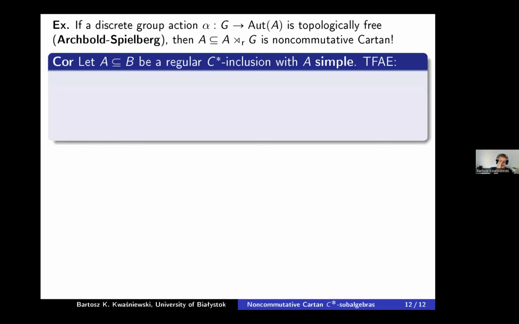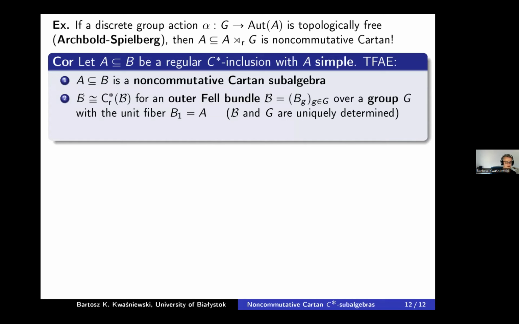And another interesting fact that I want to end with is that when A is commutative, this is one extreme case, and when A is simple, this is the other extreme case. So here we assume that the small algebra is simple, then the following conditions are equivalent. So I will just give you three. So the inclusion of a simple algebra in B is a non-commutative Cartan subalgebra, under the assumption that the inclusion is regular, if and only if this algebra B comes from an outer Fell bundle over